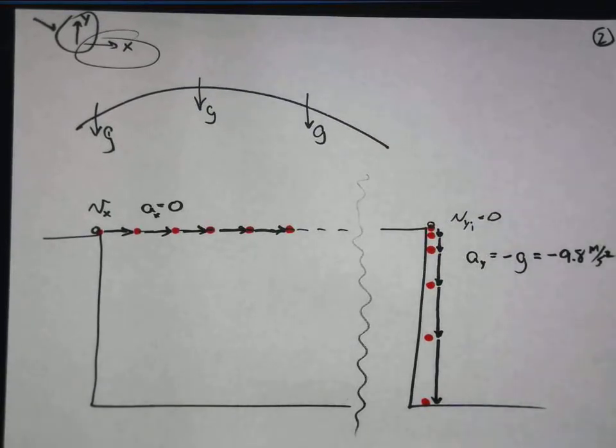Now the interesting thing is going to occur when we actually look at these two things happening simultaneously, at the same time. It's going to be helpful